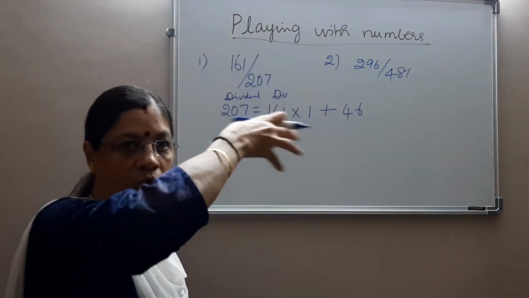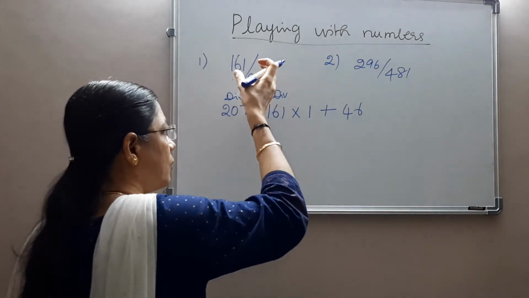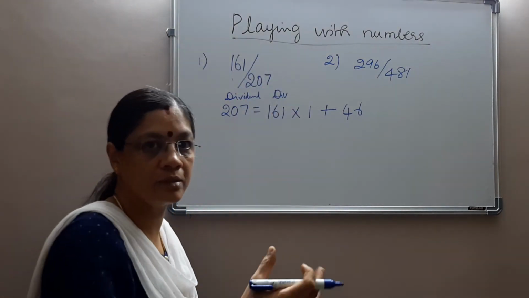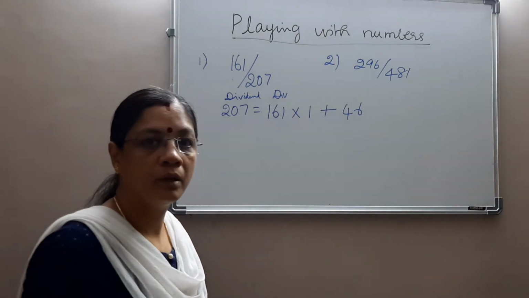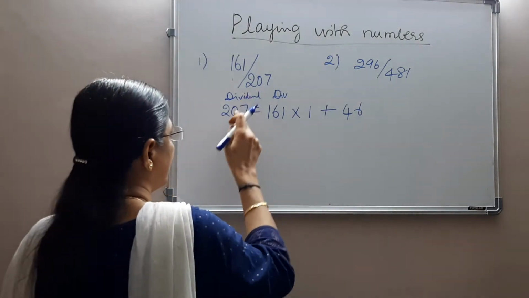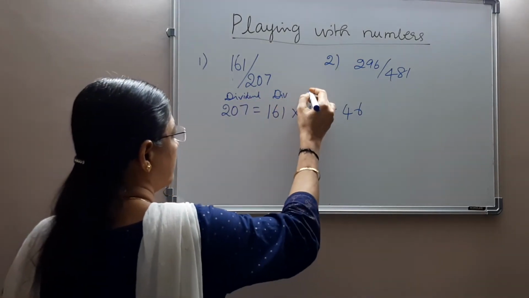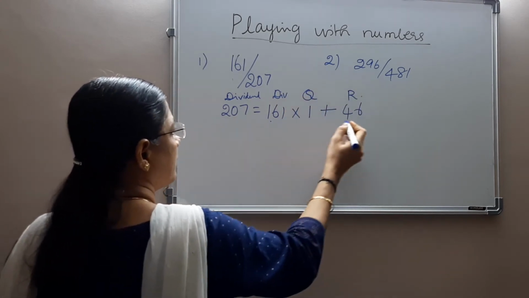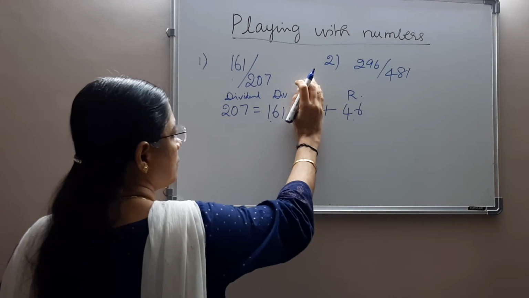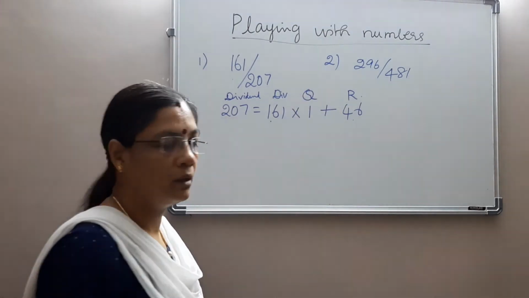No, I'm not talking about the fraction. I am talking about the HCF of two numbers. So I've taken the two numbers out and I'm finding out the HCF. For that, the larger number will be the dividend and the smaller one will be the divisor, and this is the quotient and this is the remainder. For the next step, see the divisor and the remainder alone. Quotient is not of much significance in this method.